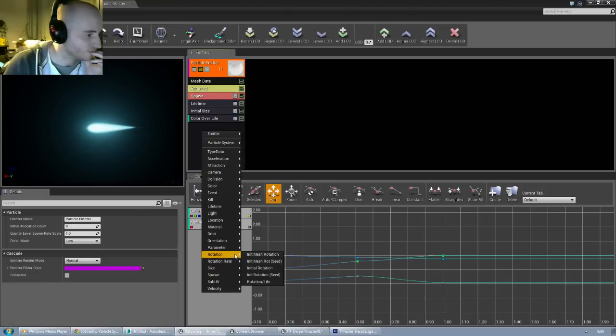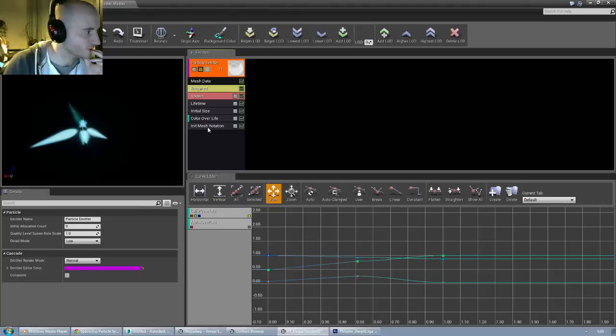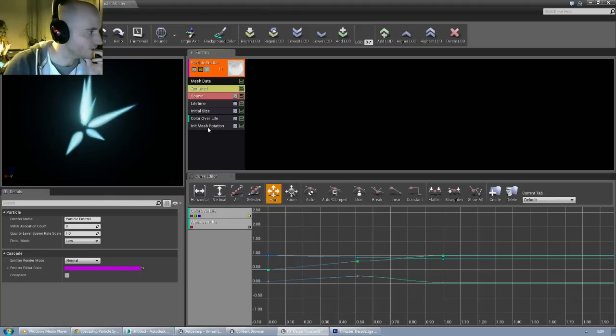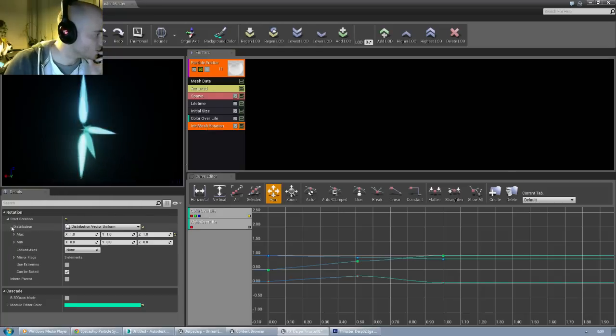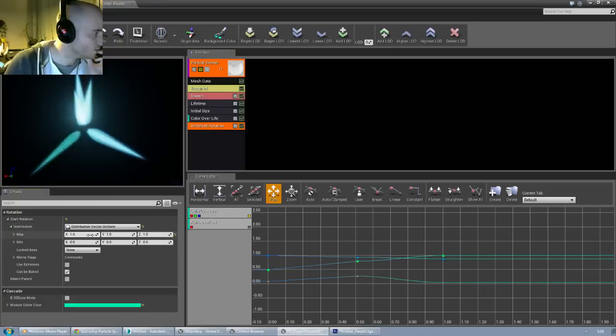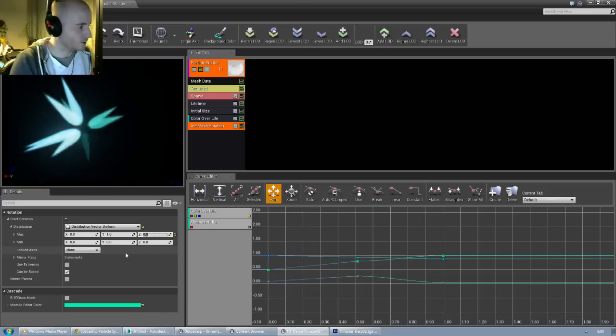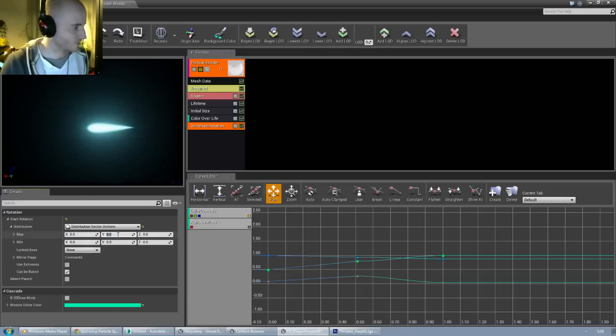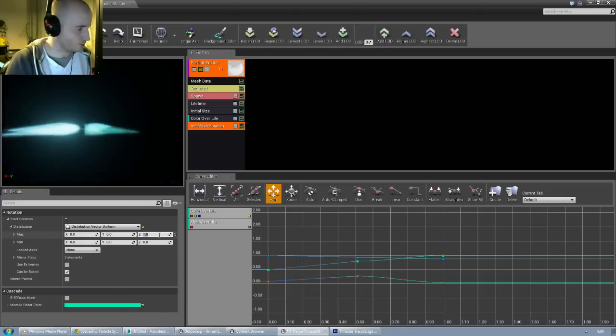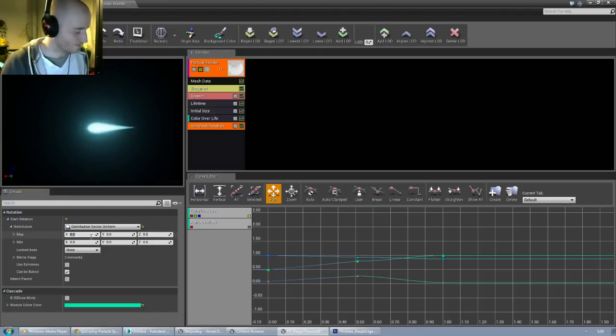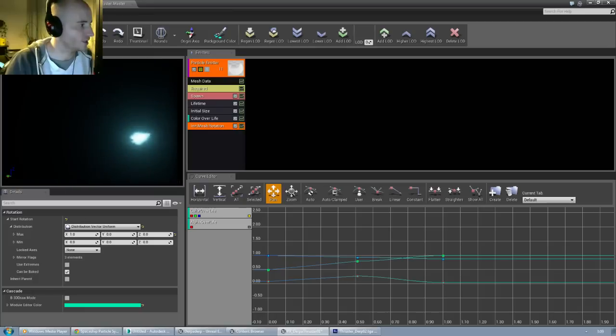Mesh rotation. The initial mesh rotation, the way it's rotated. Oh my god, all those beams. Start rotation. And I only want, I think it's the y-axis. No. Probably the z one then. No. Obviously it's the last one. Now it starts from 0 to 1, 360 degrees. So if it's 0.5, it's 180 degrees rotated. This way, every time it spawns